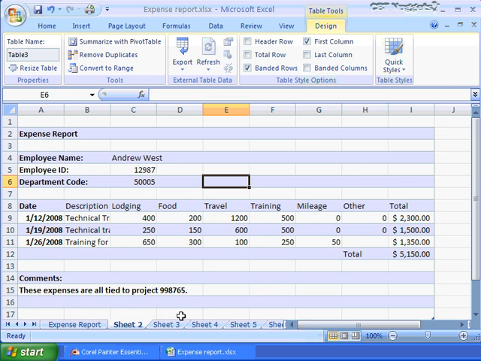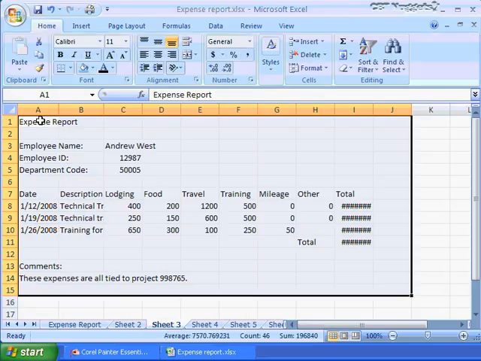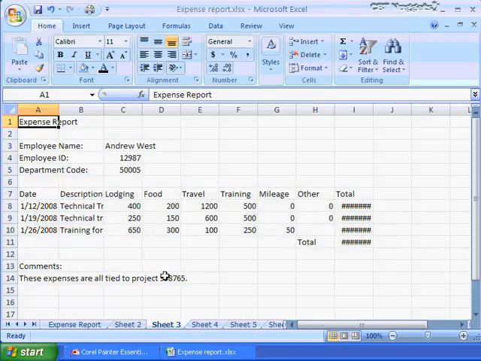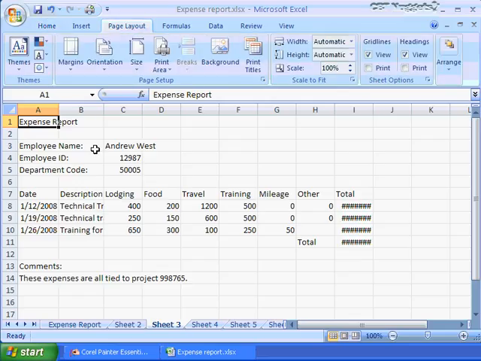All right, let's go ahead and work with another spreadsheet. This is that same expense report. I'm just going tab to tab to tab. We'll work with themes now. Themes are found on the Page Layout tab, and these are the items that allow you to have consistency across